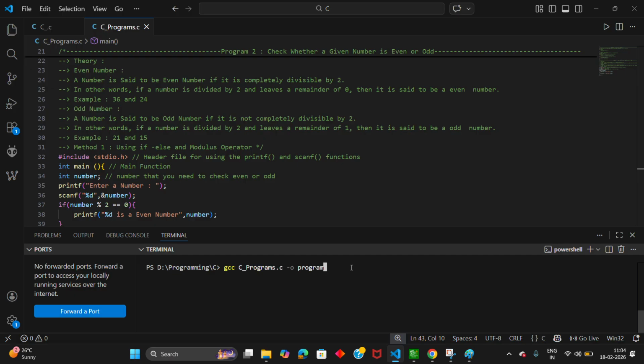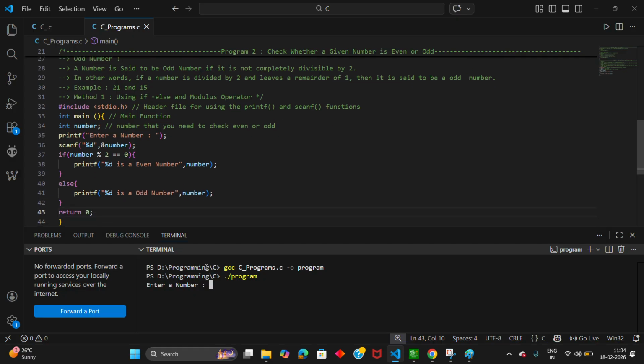You need to run these two statements to get the output, 1 and then 2. Okay, "Enter a number" is printed. It means our program has come up to here, and then we have a scanf. We need to enter a number, so I am going to enter an even number, for example 42. Let us see what happens.